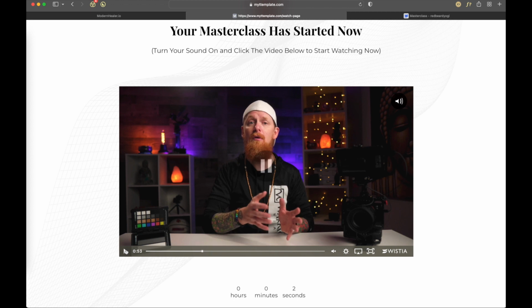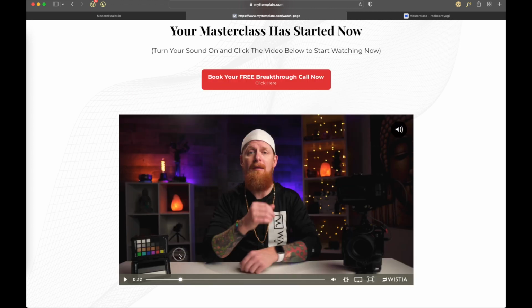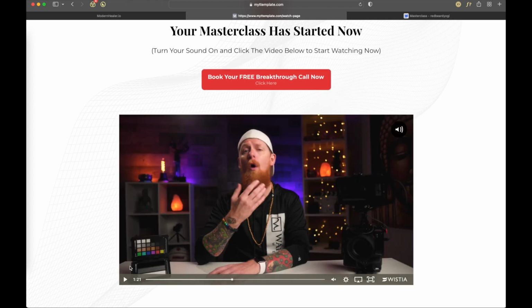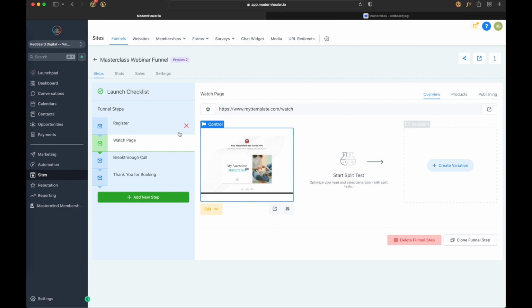Now, if you want to stop people from being able to scrub through your video or pause or anything like that because you want to make sure that the CTA button appears at the right time, then there's a different step that you need to take to embed the video in here. So what we're going to do is I'm going to close out of this and I'm going to show you. We're going to come into edit this page